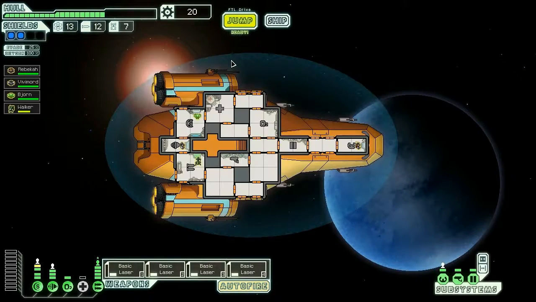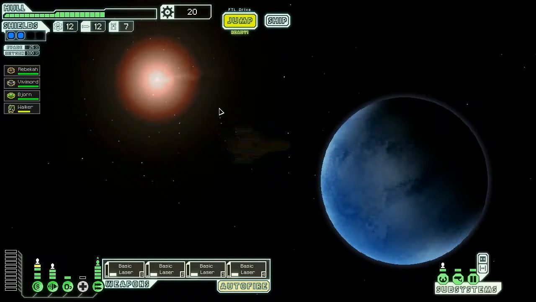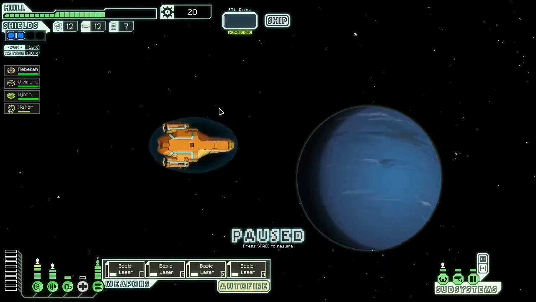Okay, what do we got? The rebels might catch us. Well, we got this nebula, which is actually really nice because we can just dip down here, go up in the nebula, dip down here, go up in the nebula, dip down, and then exit. The only thing I don't like about this is that the exit is very close to the middle of the